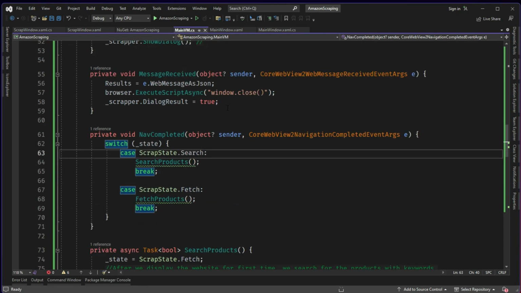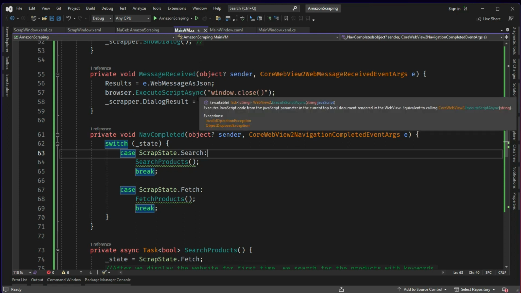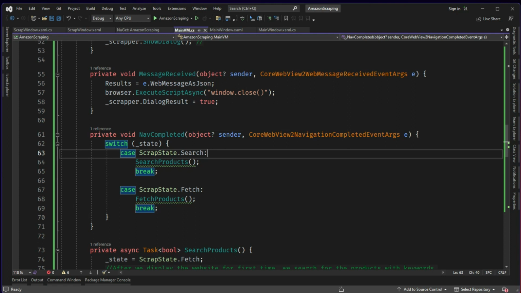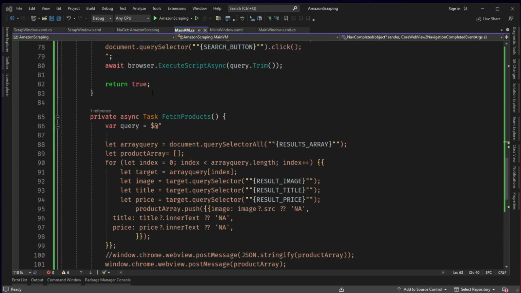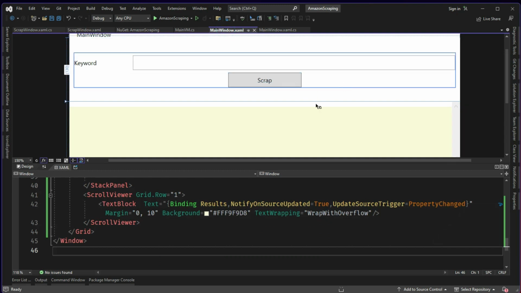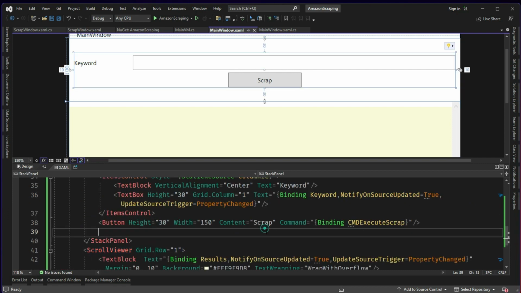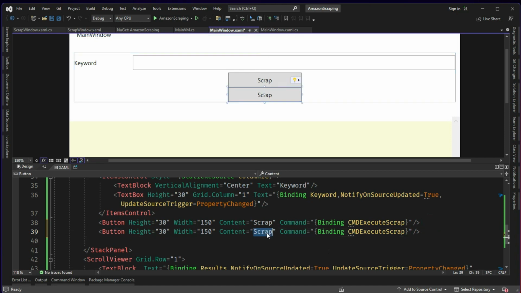So here, once we receive the result, we still need to do navigation. That we will do, but currently what we can try to do is we will try to save this value to a file, because that's the final step that we need. So we will add a button here after the scrap itself is complete. We will add a small button and say export,